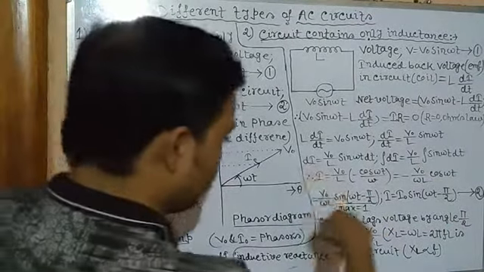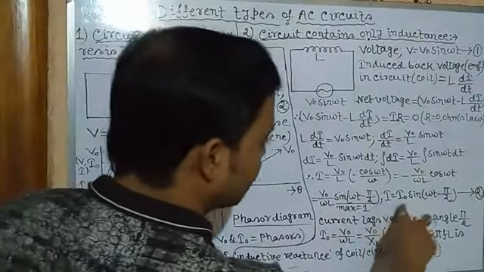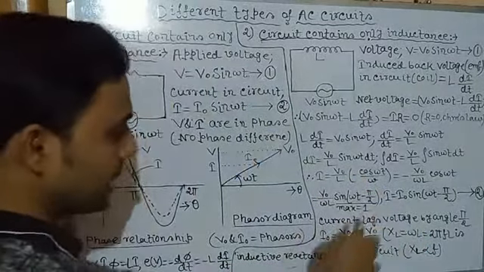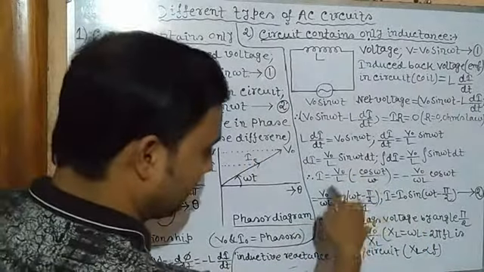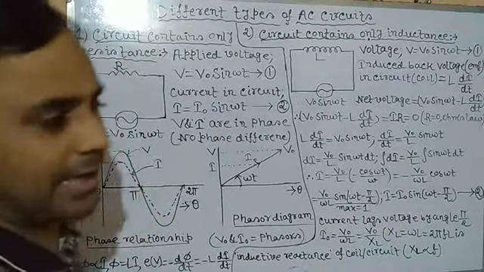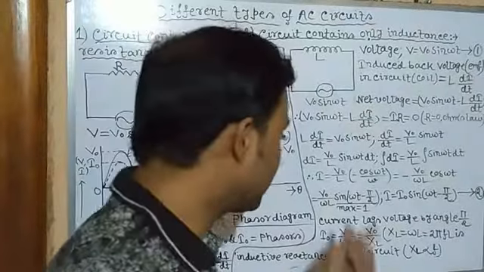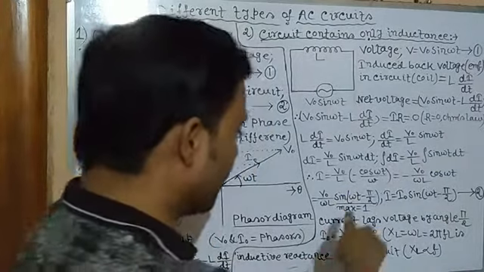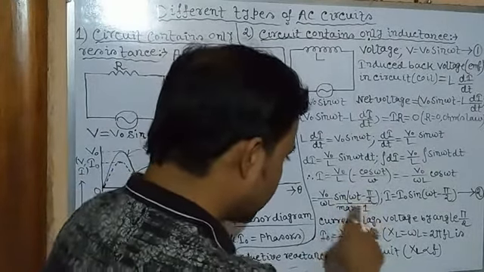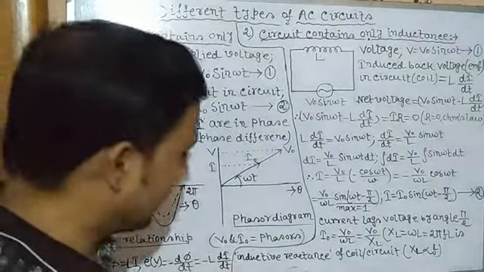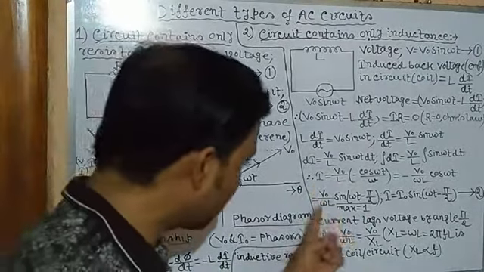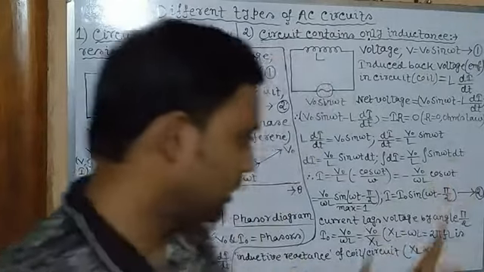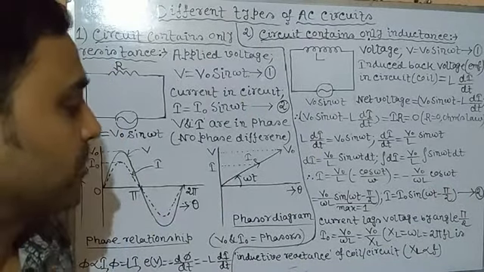So we have written minus cos omega t in this form. Now V0 by omega L equals I0, which is the maximum or peak value. Why? Because the maximum value of sin omega t minus pi by 2 is equal to 1, because we know sin 90 equals 1. When the sine function reaches its maximum value, the current is also maximum. So I is equal to I0 sin omega t minus pi by 2. Let's name this equation 2.